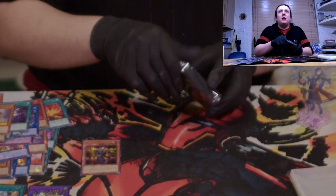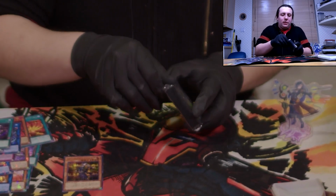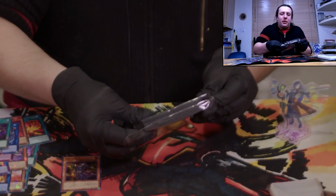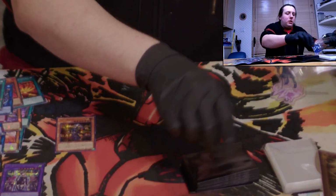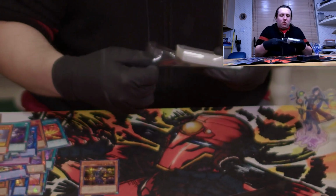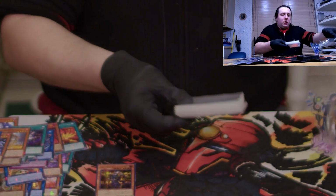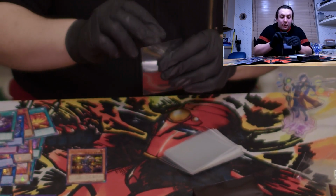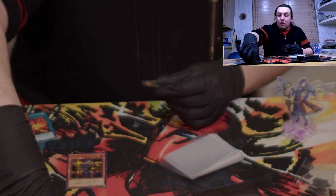I've never done double sleeving. I've heard about it in myths and legends across the land. We're gonna at least put a couple of these things together. I'm gonna get some of these protected because these look good. Let's at least get the exclusive ones that we got today. How does this work? Okay, there's the...